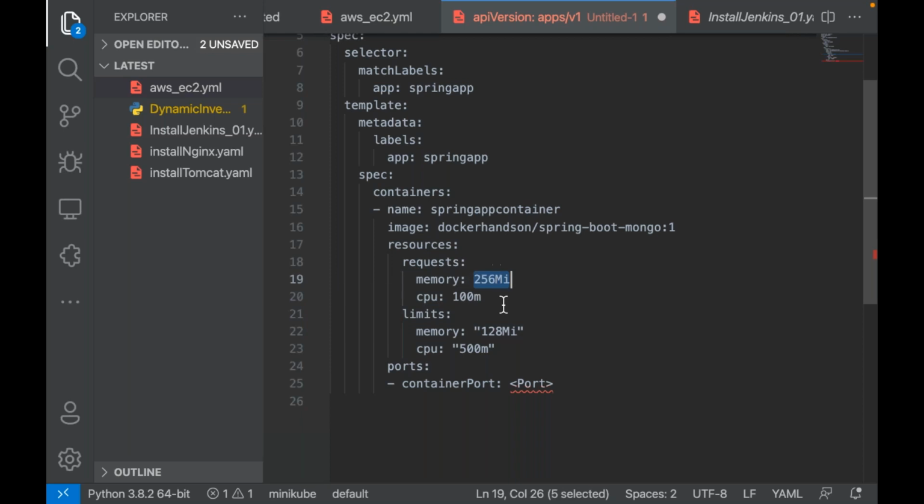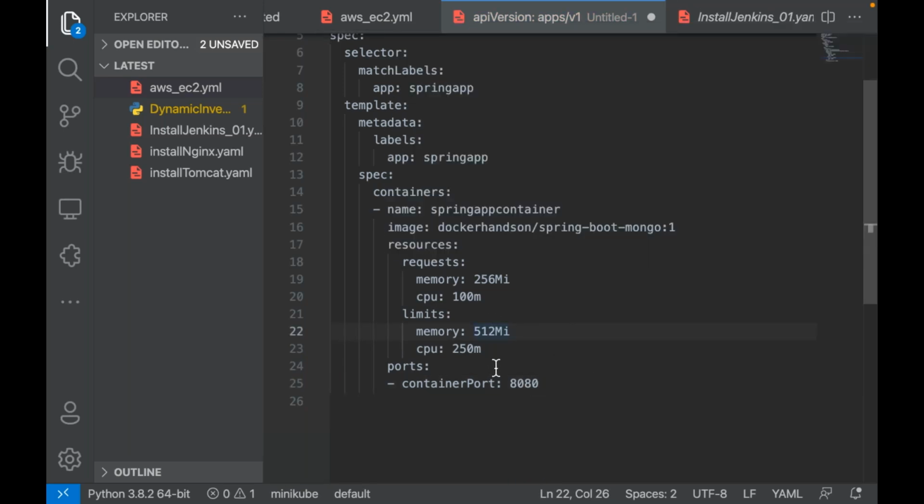But is this correct, guys? Is this correct? As I already told, no. I can say okay, sorry, something like this. Your container port.